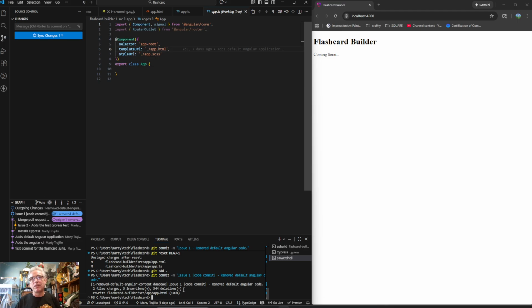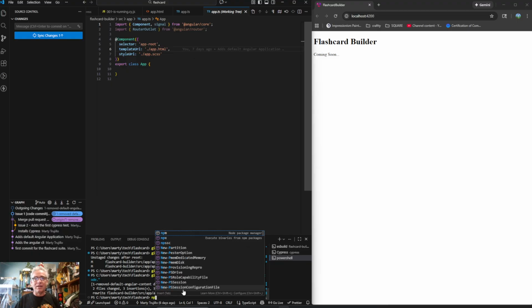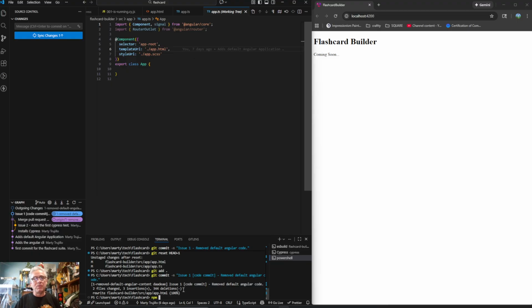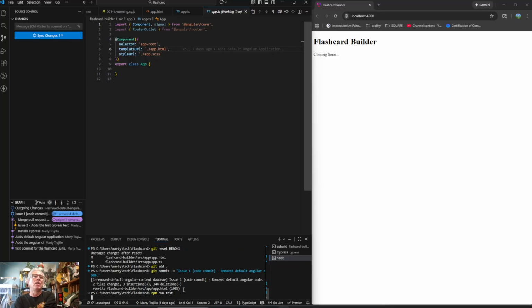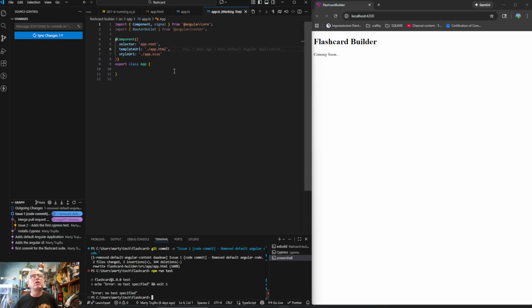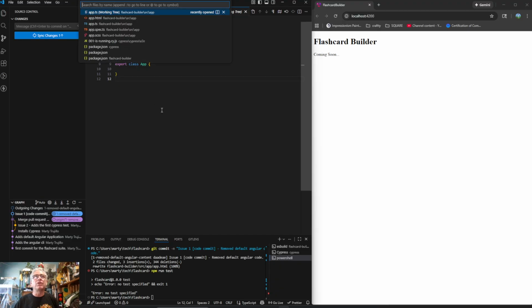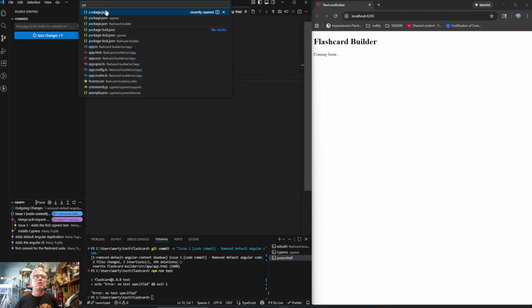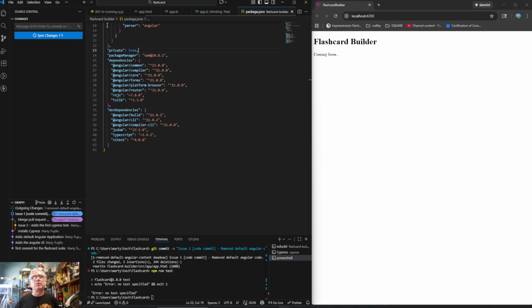And since the unit tests aren't working, I mean, I can't swear to it, but I don't think the unit tests are working. npm run test. Nope. Oh yeah, no, that's right. Run test. So now this should bring up the whole unit test scheme. It's probably a good idea at this point to go to the packages file of the flashcard builder packages